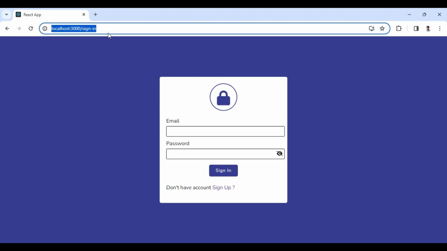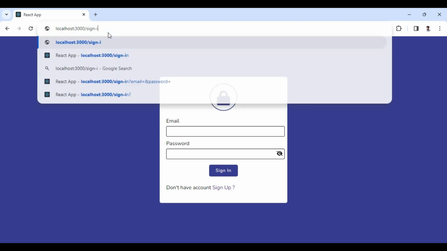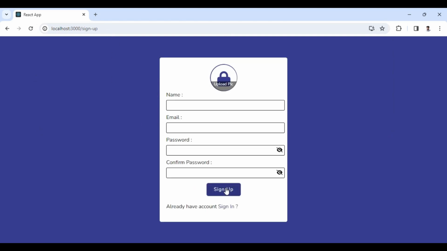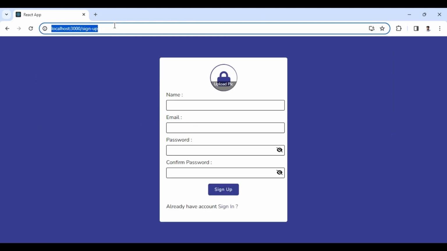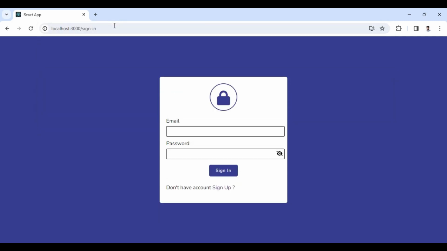And now see, when I was on the home, it will keep changing. When I go to the sign up section, and otherwise go to the user profile, it will redirect to this sign in page. If I log in like this, here I will give the login Amit11 and click on the sign in,